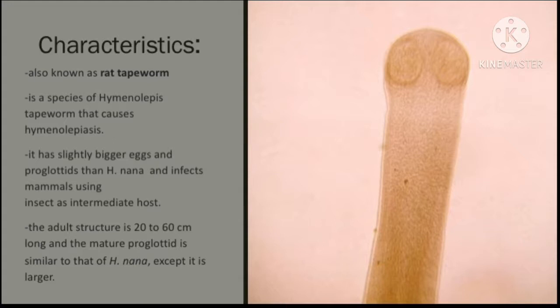It has slightly bigger eggs and proglottids than H. nana and infects a mammal using an insect as intermediate host, for example species from the genus Tribolium, which are beetles. Its eggs are round or slightly oval, ranging in size from 70 to 85 µm by 60 to 80 µm, with a